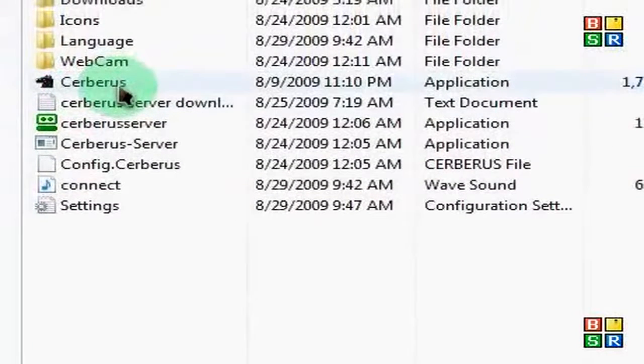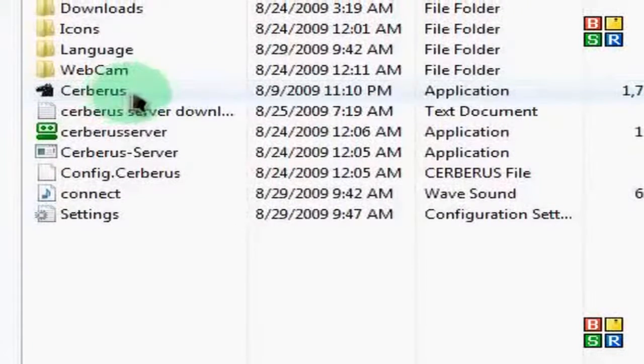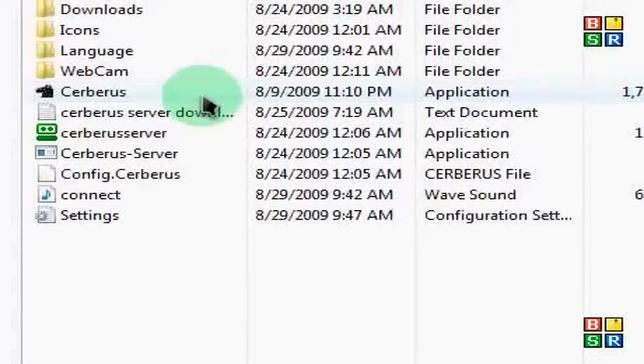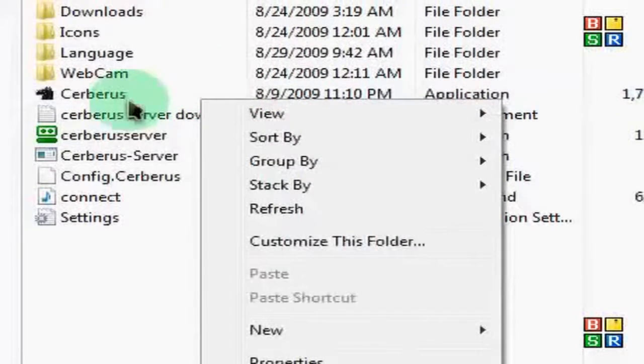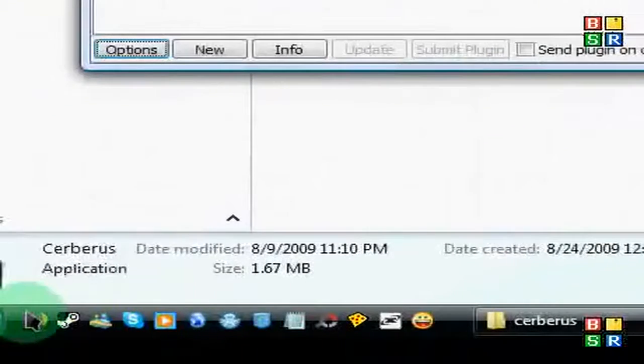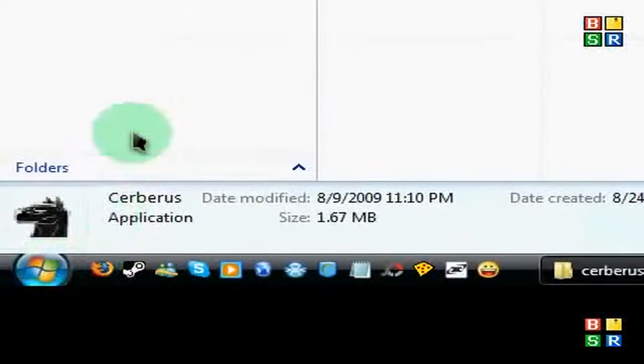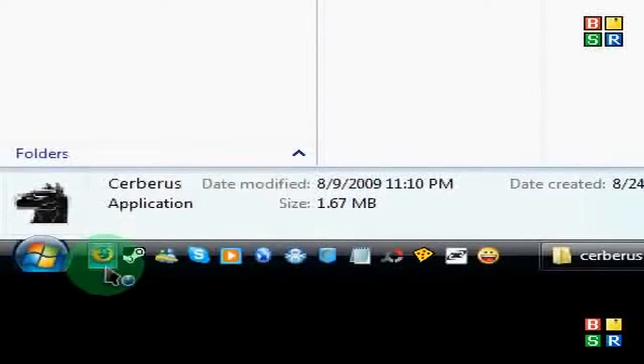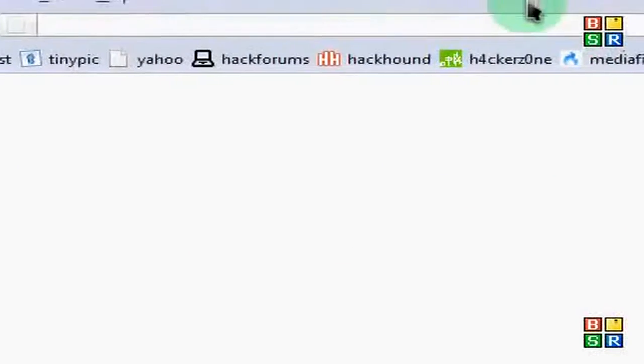Hey everybody, today we're going to have a basic tutorial for Cerberus, which is a RAT. This is a hacking tool. It is a remote administration tool. Basically, you always want to run as administrator. Before we get started, if you haven't already, you're going to want to click the internet, whatever internet browser you